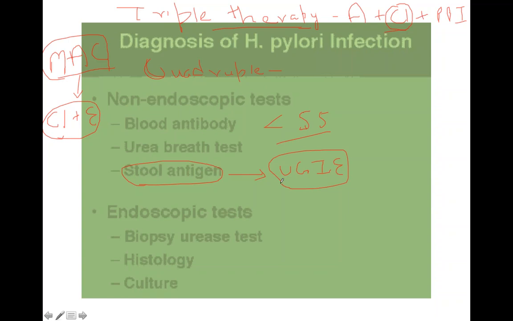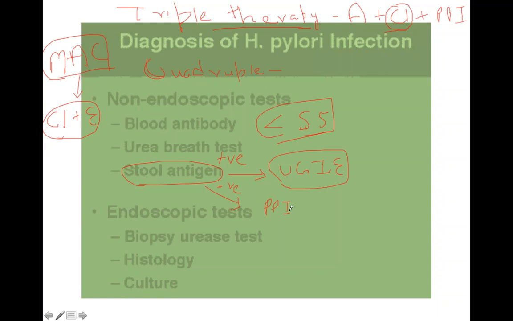Okay, so this is the protocol. If the H. pylori stool antigen test is positive, I will let you know the protocol. Suppose this stool antigen test is negative. The patient comes to us, is less than 55 years of age, with dyspepsia, and we do the stool antigen test. It is found to be negative. In that case, we give the patient PPI, proton pump inhibitors, for 4 to 6 weeks.